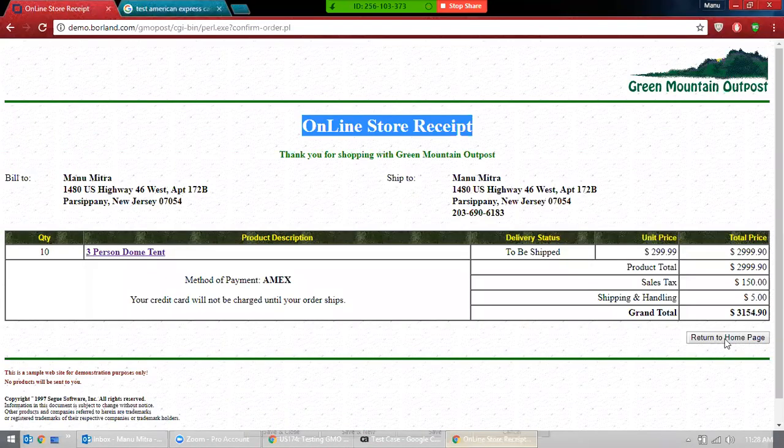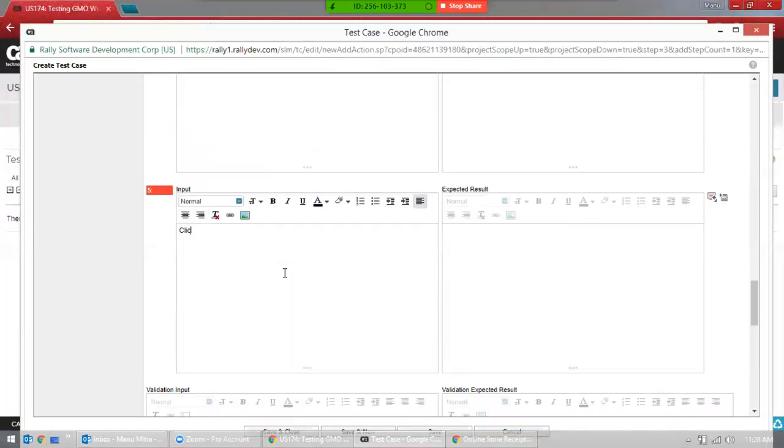I click on the return to home page button, and the page should be navigated to the home page of GM Online.